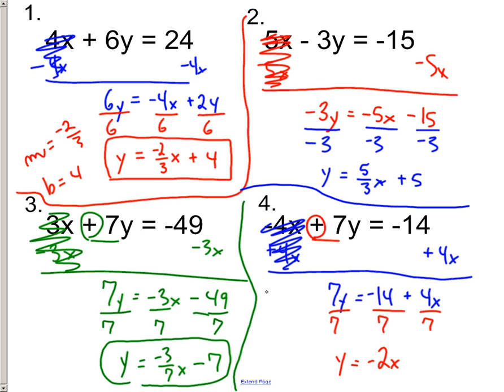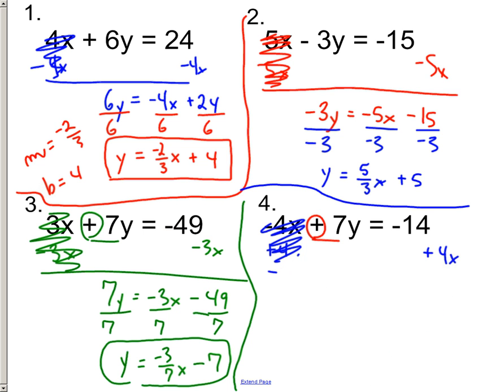Ooh, I just realized I made a mistake, and you can go with it, but what I forgot to do was write my x first. I was just going a little too quick, and I could fix it. This canceled out. We pull down our positive 7y, and it equals positive 4x minus 14. And when you get in the habit of keeping it in proper slope-intercept form, it'll help you out. Now we can go and divide